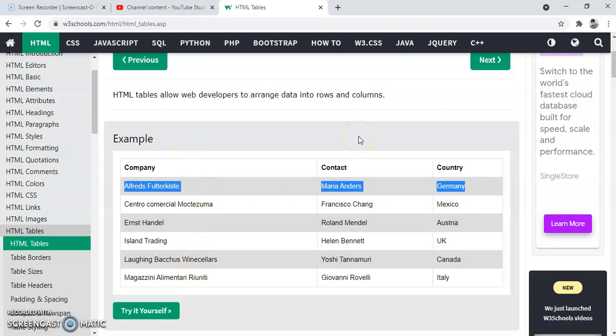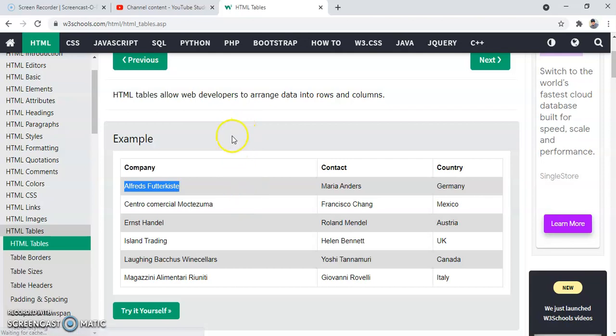So how can we fetch or retrieve value from each and every cell? If you see, this particular value is present in a particular cell, so how can we retrieve value from each and every cell? And also, what if I have to compare all the values of a particular table with the expected values, right? So that's what we are going to see today.